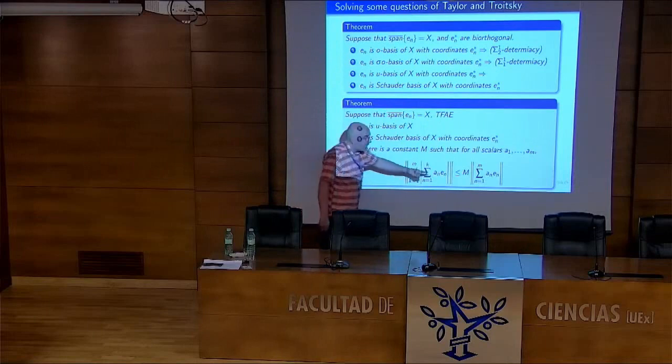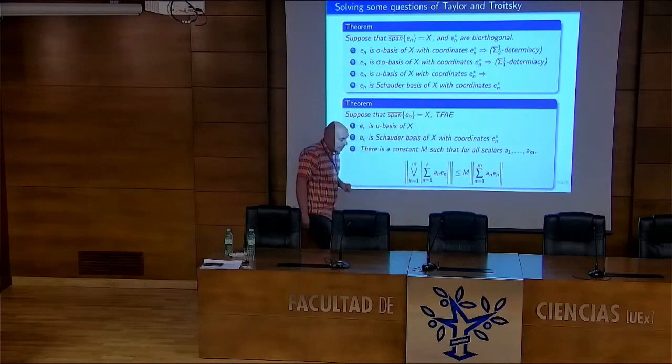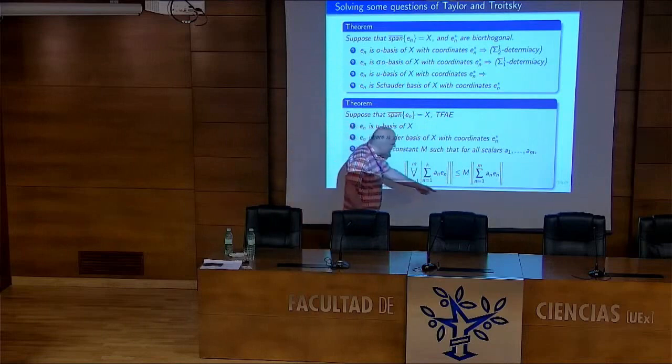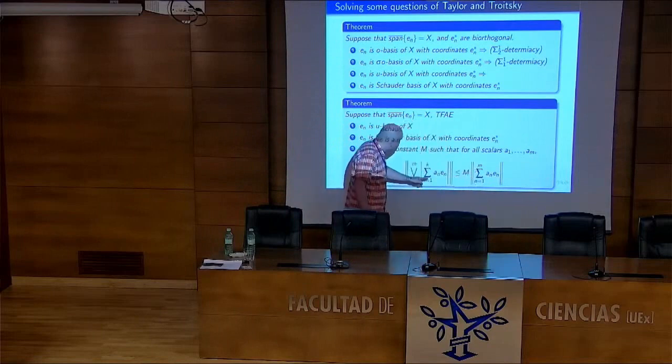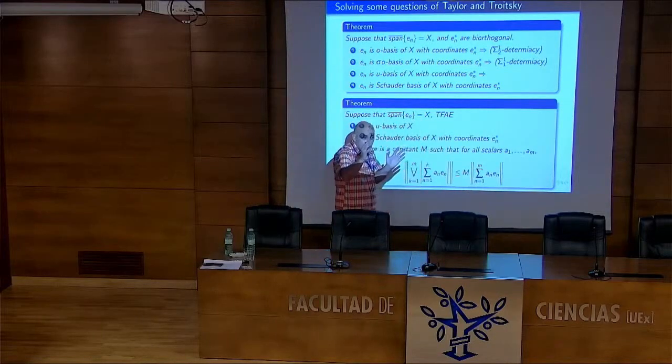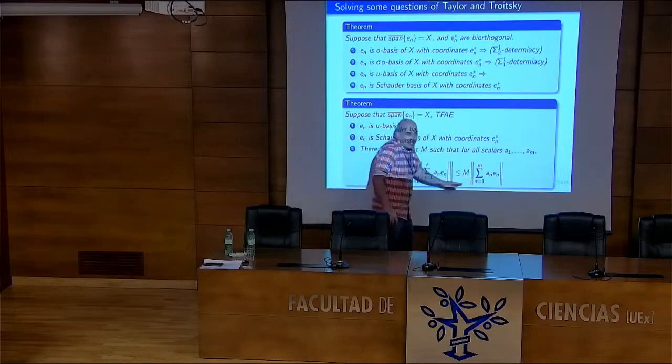Here, what do we have? Let's have a look at this inequality. This is a variation on the basic inequality, because what I have here is the norm of a certain linear combination, and here I have the norm of a shorter combination with fewer terms. This is, for instance, up to 8, and this is up to 5.